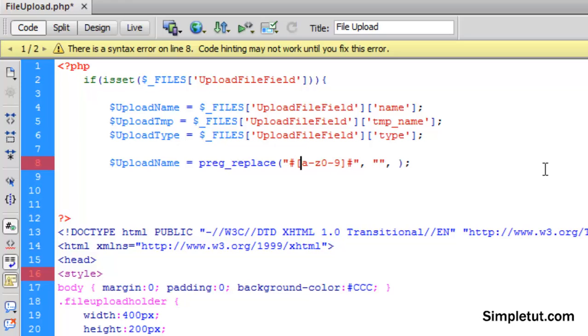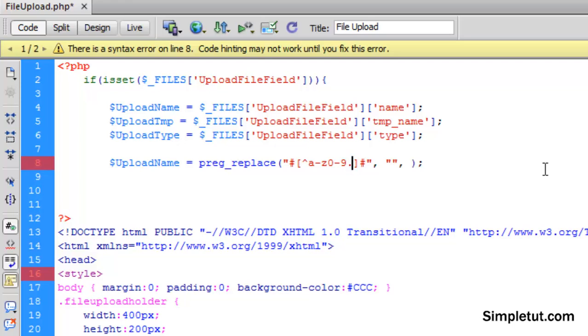Now after the first opening square bracket, we're going to enter an upward arrow, which is just above 6, and that's going to look for everything that is not between A and Z. And also we're going to enter a full stop, a period,